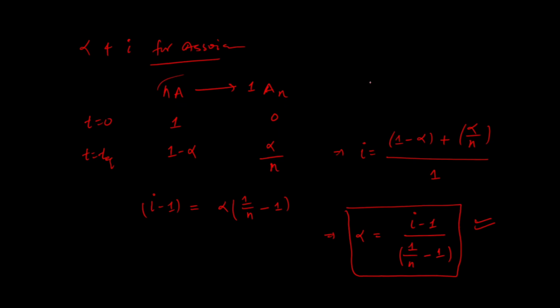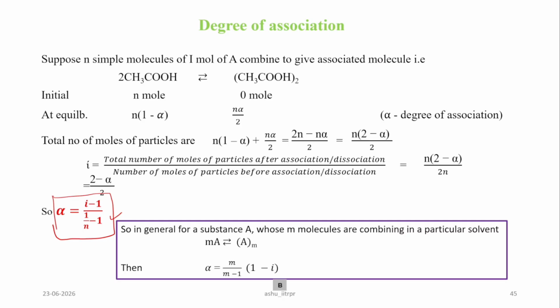Again, not to forget, alpha of dissociation is equal to under root Ka by C. This is another important relation. So these two and the previous one for dissociation, these three are the final formulas that we need to know.